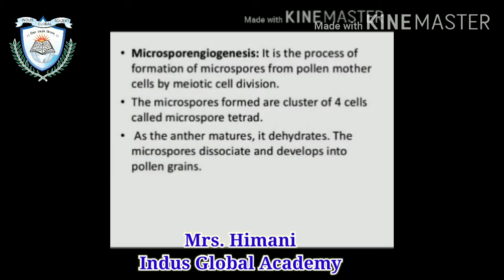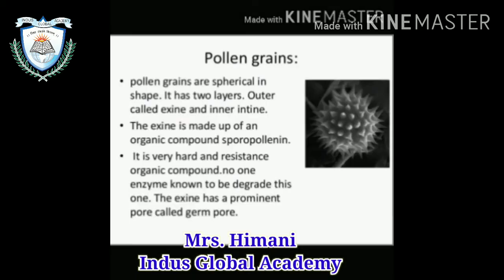After that, microsporogenesis. It is the process of formation of microspores from pollen mother cell by meiotic cell division. It is also known as microsporogenesis. The microspores formed are a cluster of 4 cells called microspore tetrad. As the anther matures and dehydrates, the microspores dissociate and develop into